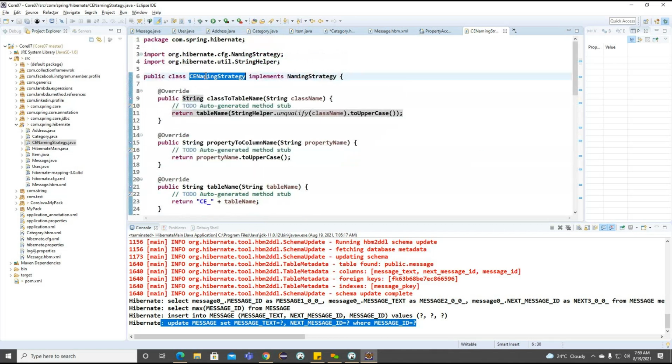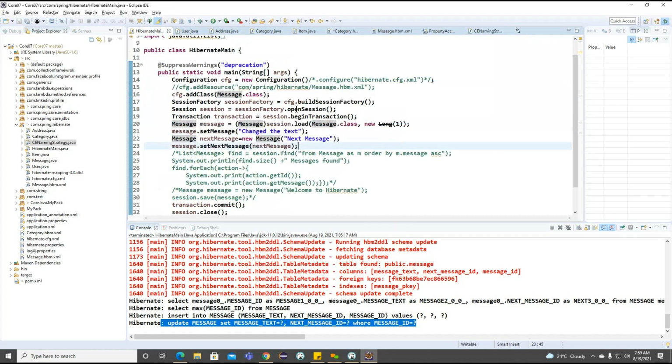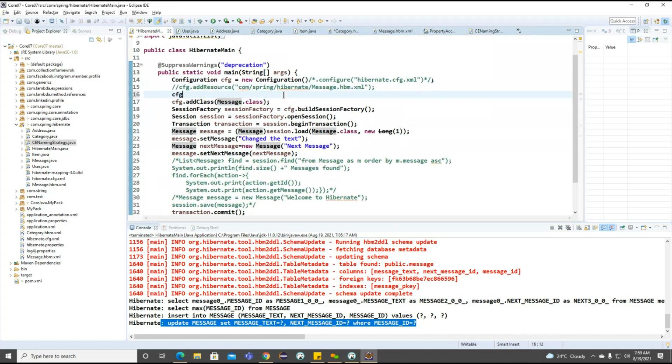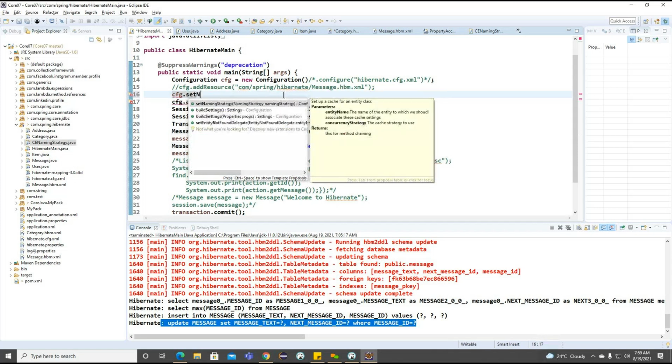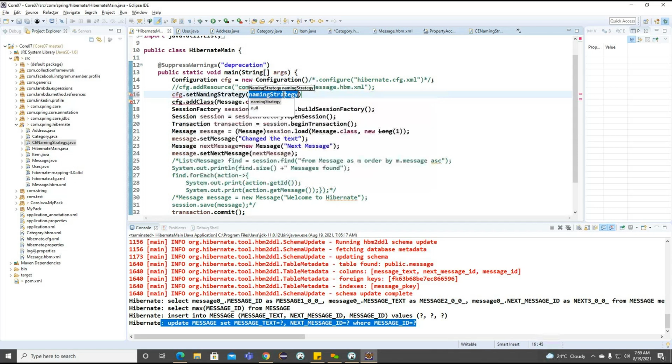So to work on this particular class, now what we can do, we'll go to the main class. Inside this particular Hibernate main class, I want to define cfg dot set naming strategy. Getting the point. Here we can create our new object.